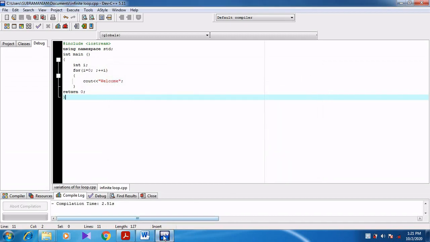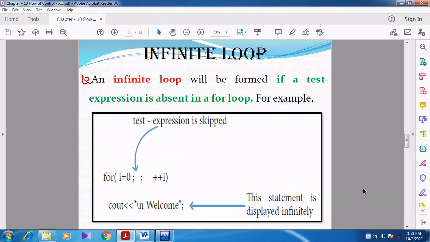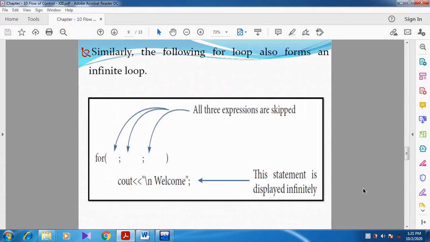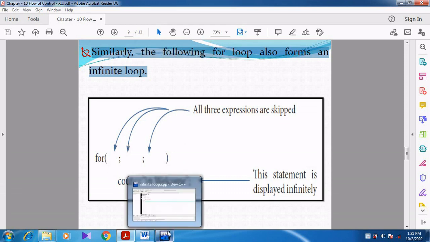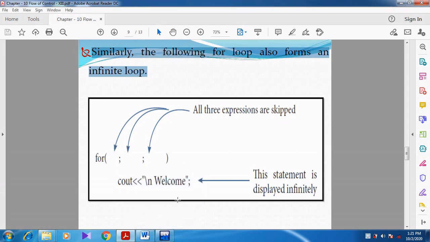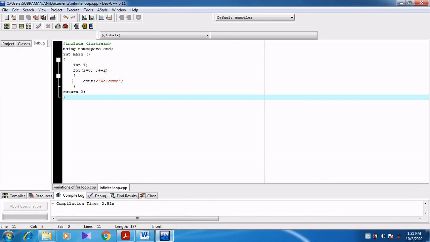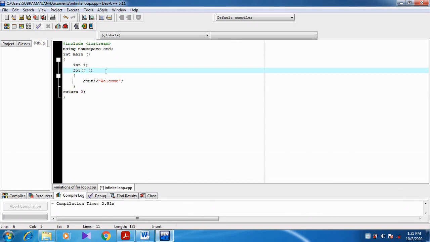Right. Now we can see the next concept. Similarly, the following for loop also forms an infinite loop. Here all three expressions are skipped: there is no initialization, no condition, no updation. Let us see the same program. Again I am saving the program.